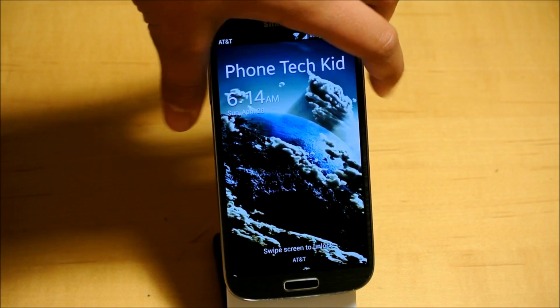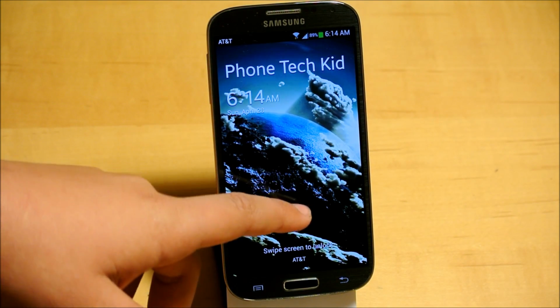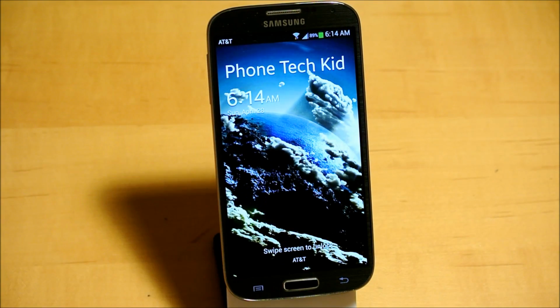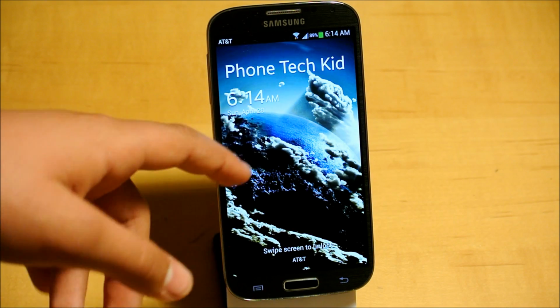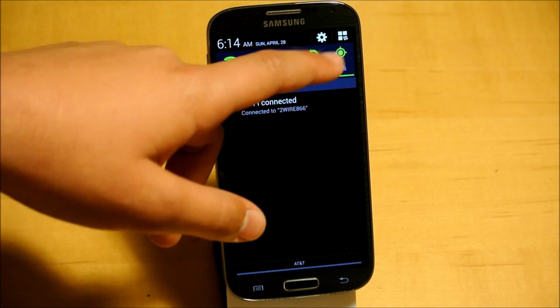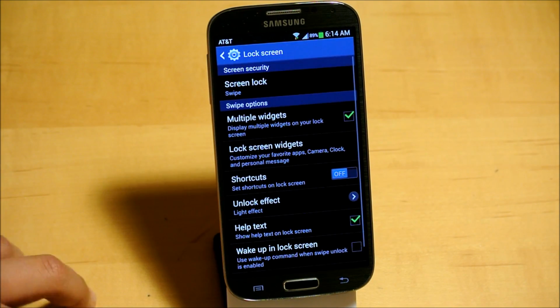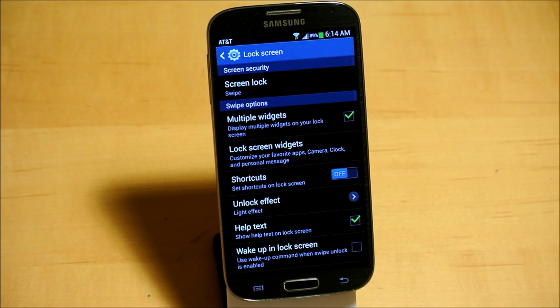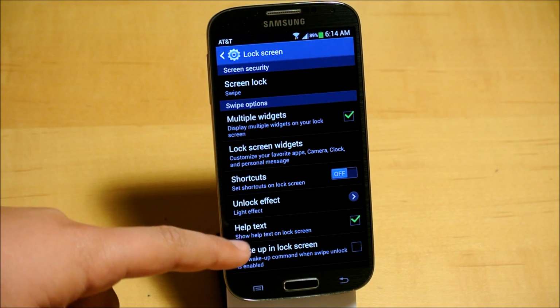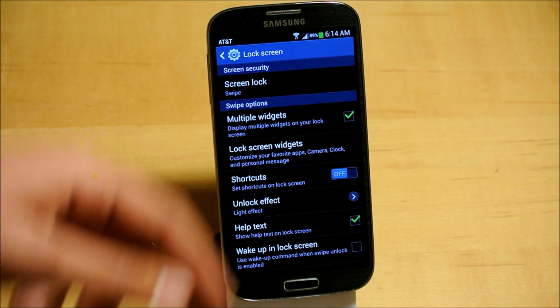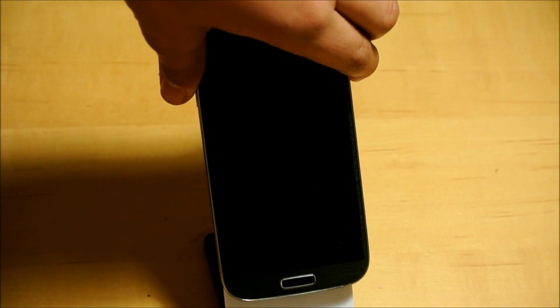So if we lock the screen, when you first get your S4, it'll say something like Life Companion up there, and you won't be able to add any widgets. So you want to go into Settings, Lock Screen, and you have to allow multiple widgets, and shortcuts, and all this other stuff here. So now if we go lock it,